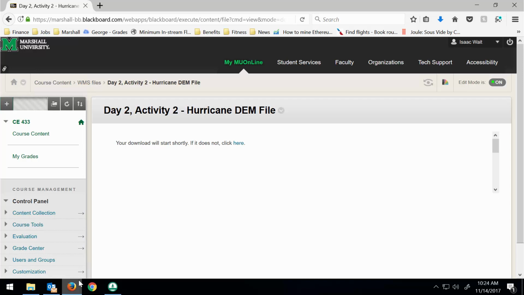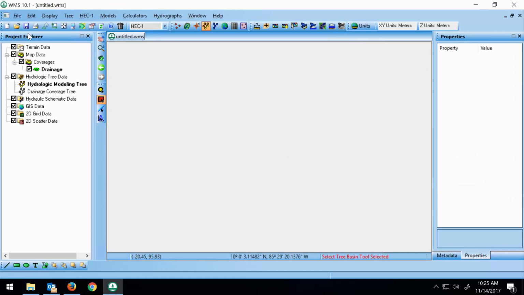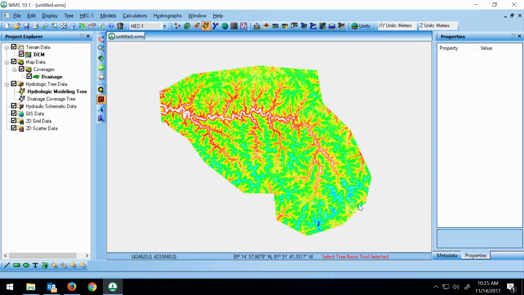Okay, open it with WMS, and it's a trimmed DEM file. It's a DEM file that I previously downloaded from the USGS and then trimmed it and then saved it in the WMS specific DEM format. So that's why it's this odd shape, is I trimmed it to only include the areas that are relevant. So we will